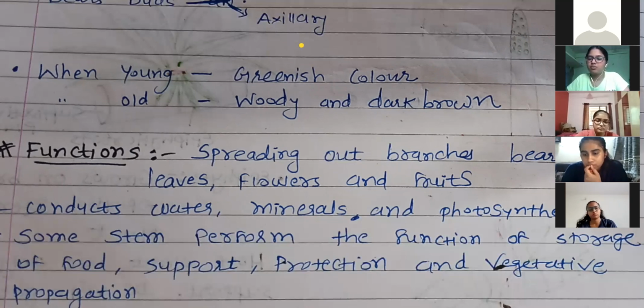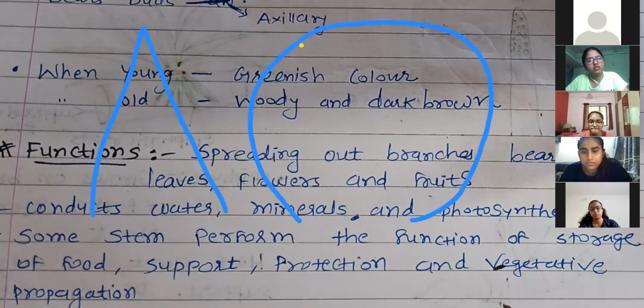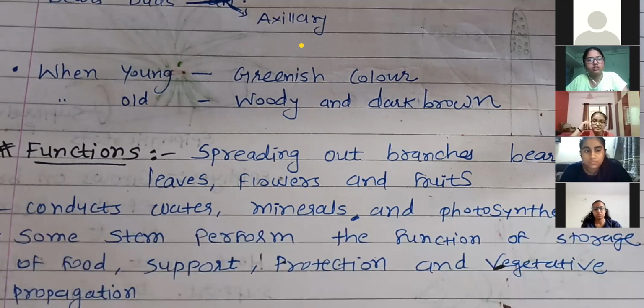Next, functions. You must have observed that different plants have different shapes of canopy. Canopy meaning what? A Christmas tree is triangular. Same for Ashoka. Banyan tree has a huge canopy. Peepal tree, a huge canopy is there, right? Their branches are more well developed and more spread out.